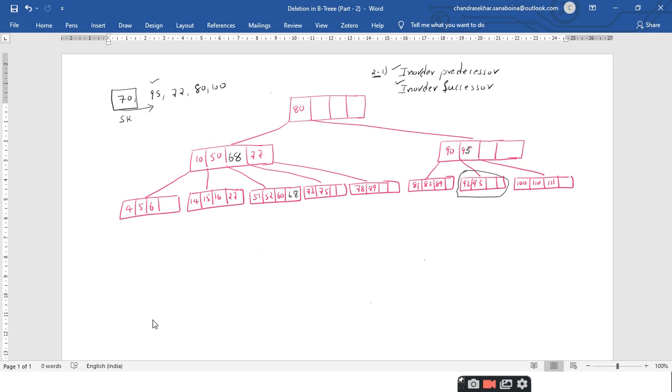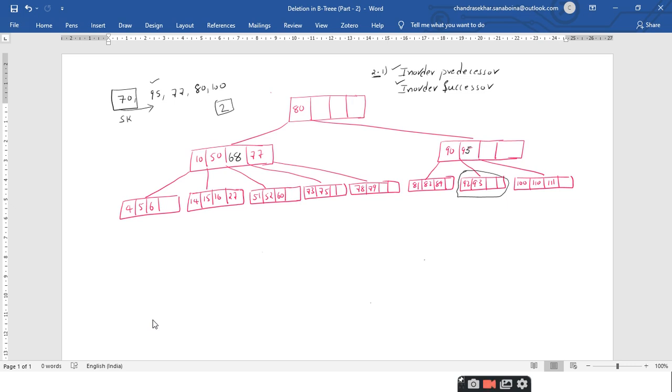It is having more than the minimum number of keys, which is equal to 2, right? Minimum number of keys is 2. Since it is more, it is a simple operation where you are just deleting this 68 and placing it into 70. That is the case, right?